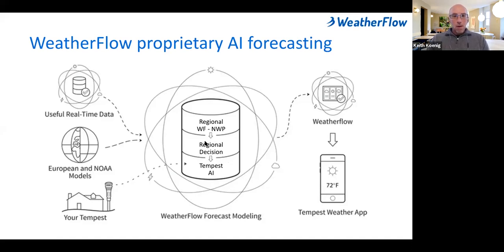We don't stop there. We then, for every Tempest in the network, look at the model output using machine learning and pattern recognition, so collectively AI. We compare the data from each Tempest against that best regional model, and we look at it over time. Through that pattern recognition and machine learning, we can fine tune the model output for every location we have a Tempest and post-process that forecast output and improve it dramatically because we have the data from that location.